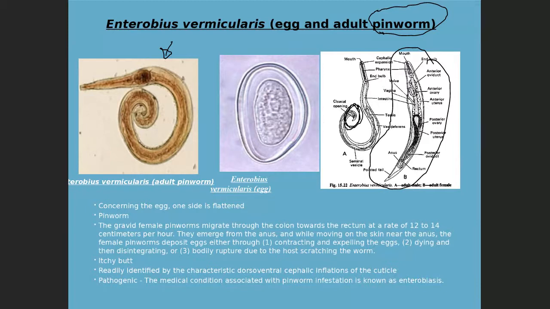And talking about eggs, once those eggs are released, they look something like this under the microscope. They're very small in size. This is a very magnified picture. And luckily for us, if somebody does have an infection with Enterobius vermicularis,